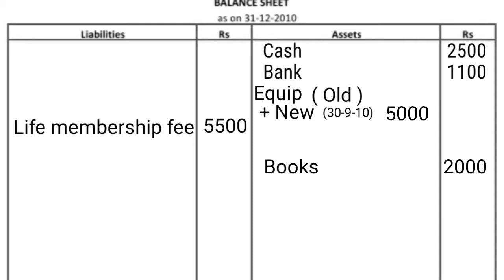There is a mark here. That means there is some adjustment related to this. Here the adjustment is to verify the interest. We will write in the current balance sheet 8% fixed deposit, rupees 10,000. The date is given, 1st April 2010. We need to calculate interest for this. Here the percentage and date are also given.